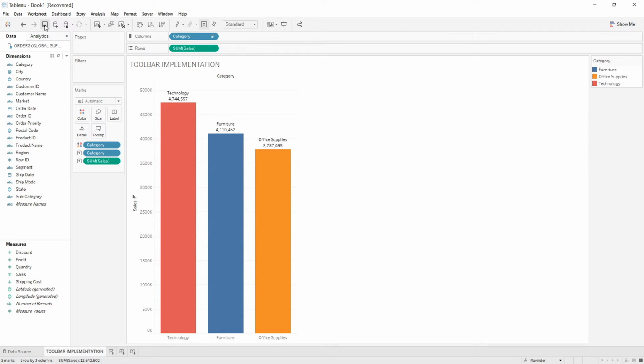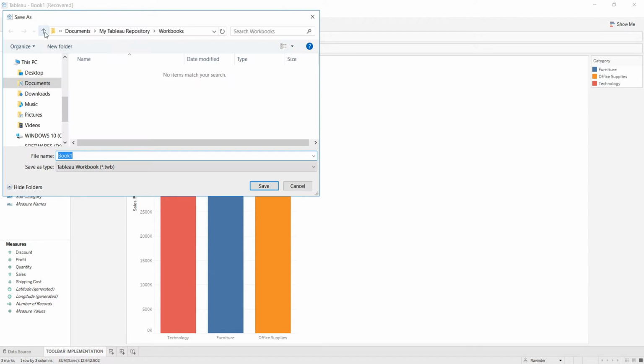Then we have the floppy sign, and by clicking on it, we get a window to save the worksheet on local storage, either in .twb or .twbx file, where .twb is a Tableau workbook and doesn't have any data in it. While connecting with it, we'll be giving data at that point of time. And .twbx is a packaged Tableau workbook which contains data in it, and it is also taking more size on the disk.